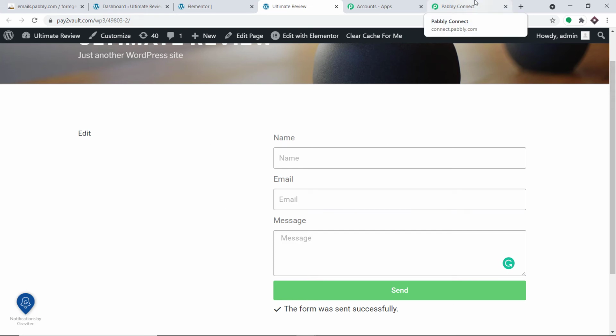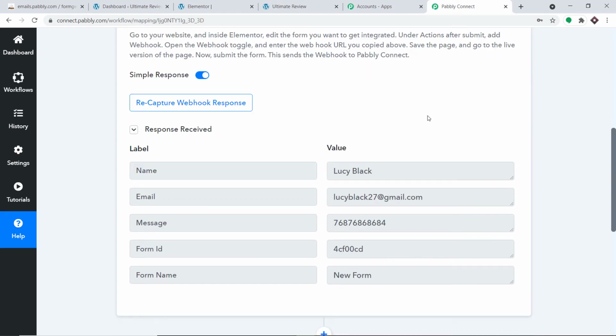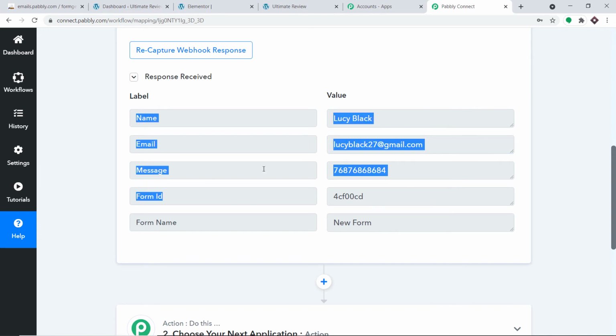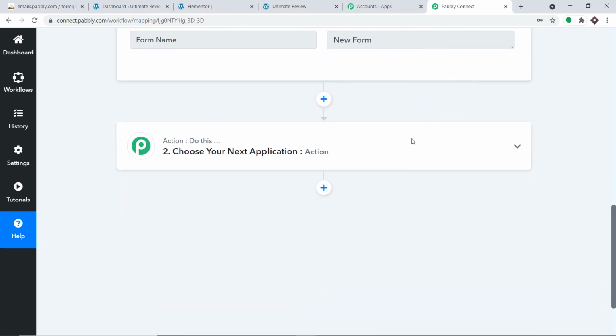So let us have a look in Public Connect whether Public Connect has captured this detail or not. So yeah, we do have the detail. So this is basically the message. Remember, this is the phone number. I unfortunately forgot to change the title from message to phone number, but I hope you can understand that. Then we have the name as Lucy Black, and this is the email. So we are going to create a data row with the help of this particular data in MySQL, and this is how you do it.